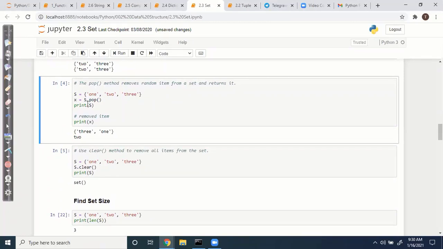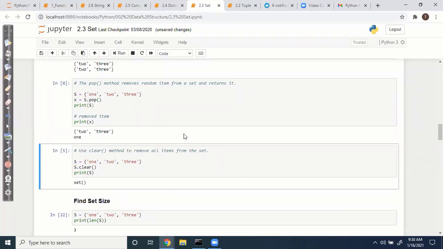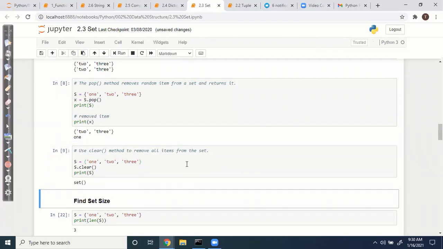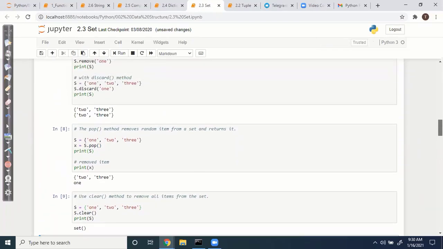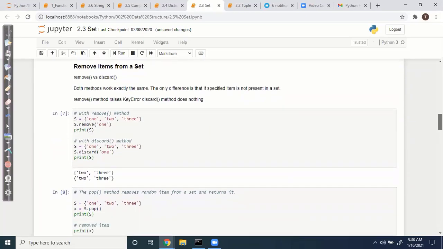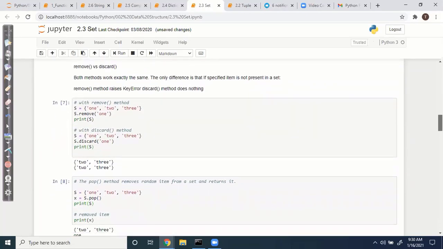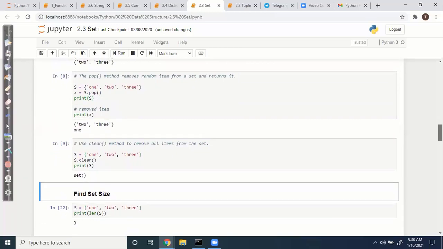Pop removes a random item. In a set, pop removes a random item, but if it were ordered, you could specify the index value. Here it doesn't have any index. If you want to clear the entire set, you can use clear. For removing items, we have seen four different methods: remove, discard, pop, and clear.